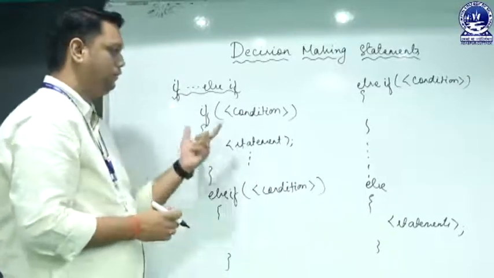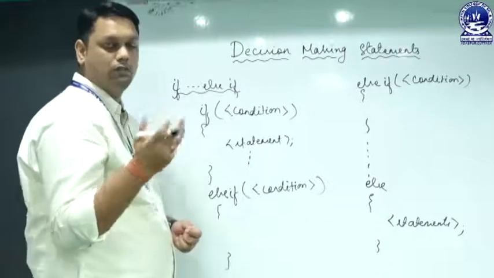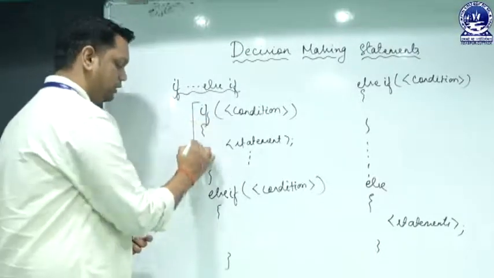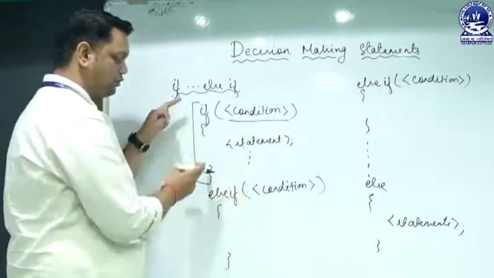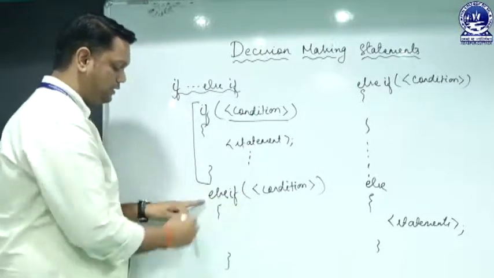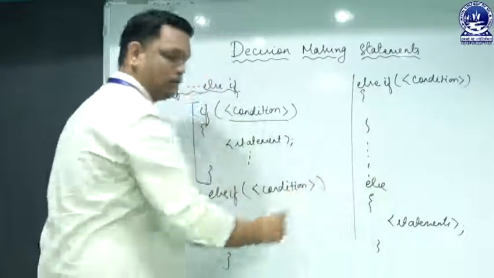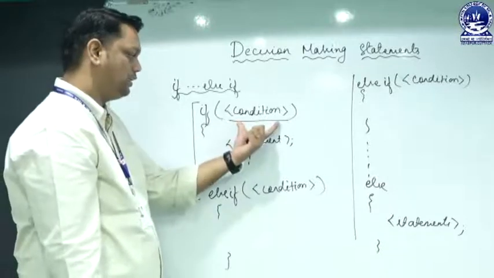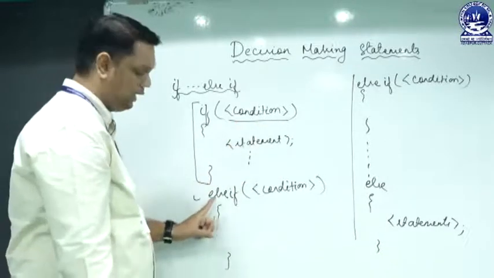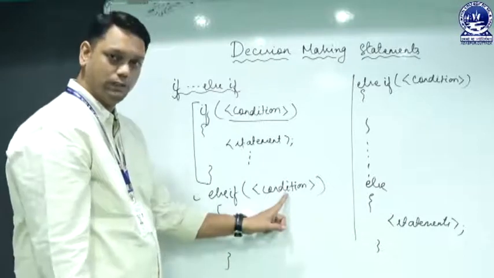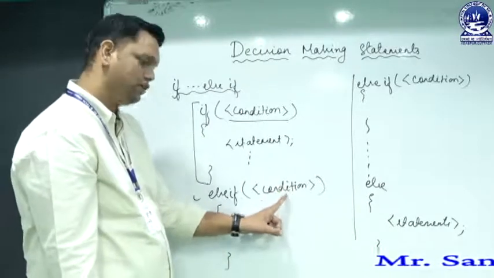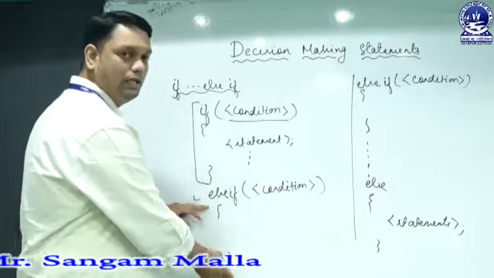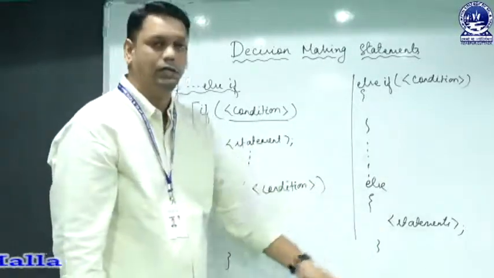Another benefit of using if else if is that it is not time consuming. That means if the condition of the first if returns true, then it will not execute the rest of the program. That means it will not come to the else part. Similarly, if this if condition returns false, it will come to this else part, and it will check the condition of this if statement. And if this statement returns true, then the block of statements of this else if will be executed, and the rest will be eliminated.